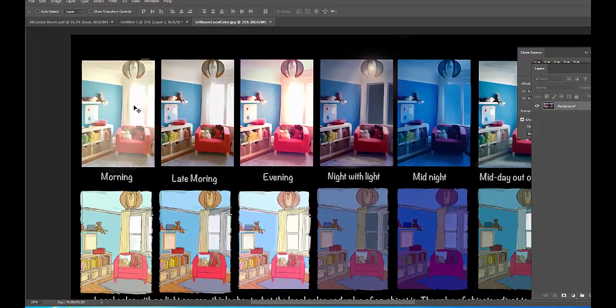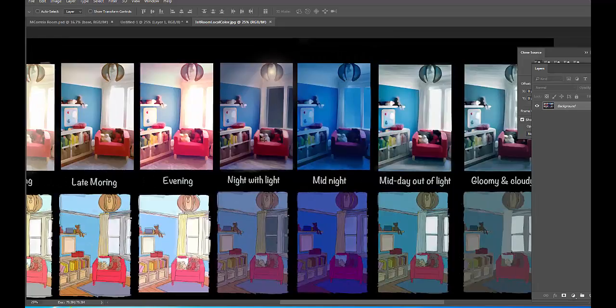For example, in this piece, the light's coming through the window. The light is more of a yellow. I get this haze effect. When I come over here, on this piece, I had to render it a little bit differently because my light is now coming from a light source up above. And since that light's coming down, it is already nighttime. I'm going to have more of a blue tint on the room because it's a nighttime piece,